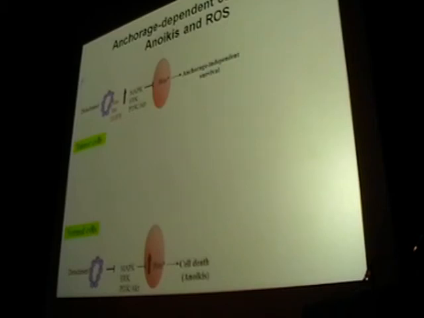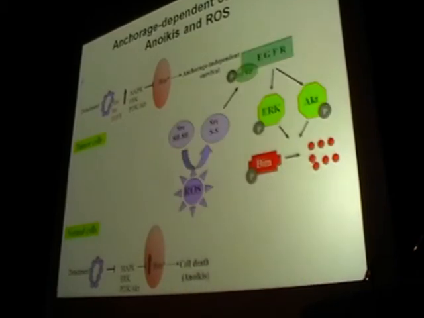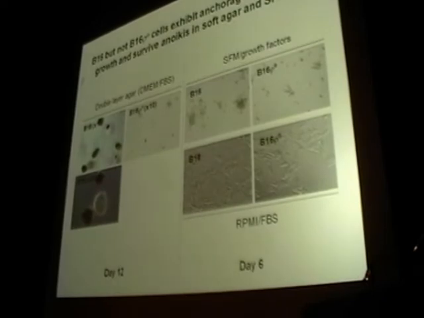dependent programmed cell death. I guess that's the second part that does show it all. So we looked at these cells in a couple of culture systems. One is a two-layer agar system. Parental cells under these conditions will form spheres of cells very much like solid tumours. The row 0 cells failed to form colonies under these situations.